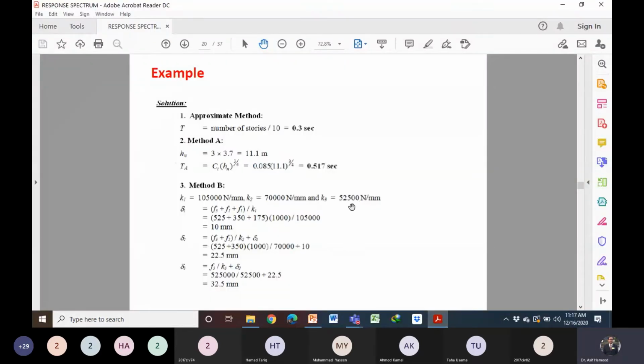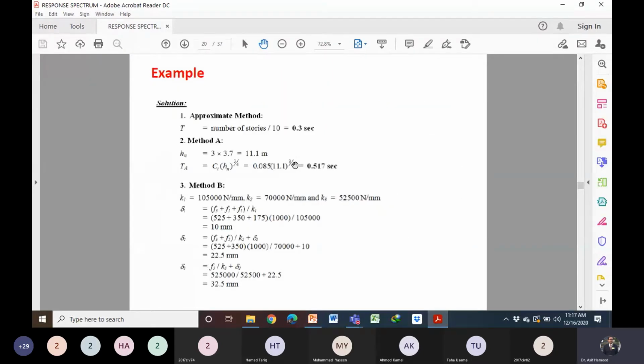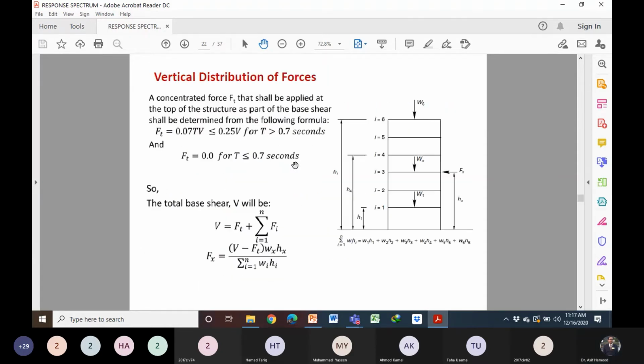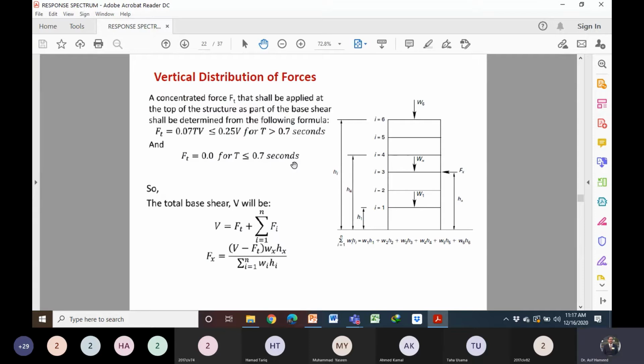Okay, sorry, we will continue. Okay, any question? Can we calculate the time period by using the empirical formulas? It's easy, not so difficult. What do you think? Taha, are you there? Yes, sir. It's easy, sir. Did you understand? Quite simple. Yes, sir. So by using the empirical formulas, we can calculate the time period. Okay, then